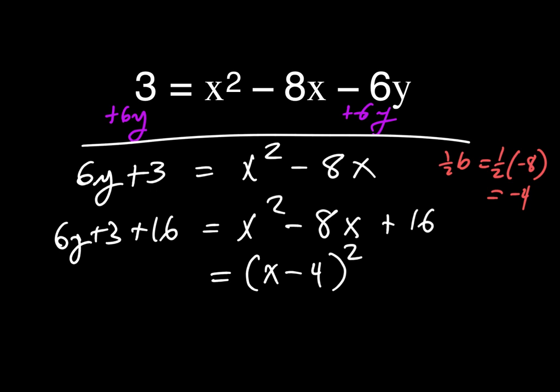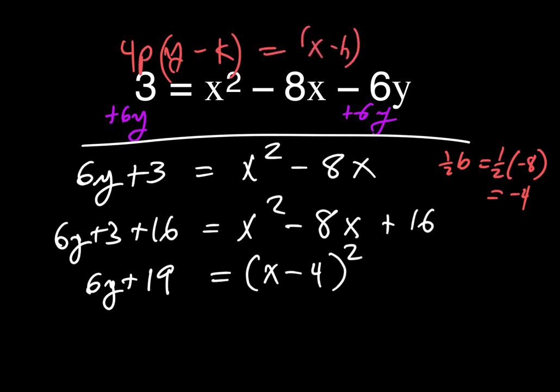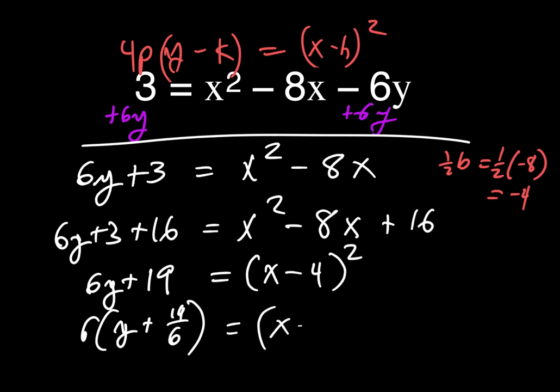The left side is 6y plus 19. And the general equation was (y minus k) times 4p equals (x minus h) squared. Which means I need to factor this left side, factor out the 6, y plus 19/6 equals (x minus 4)